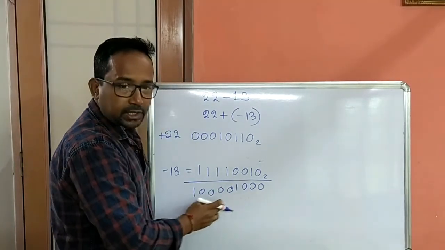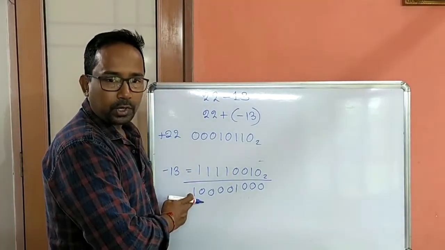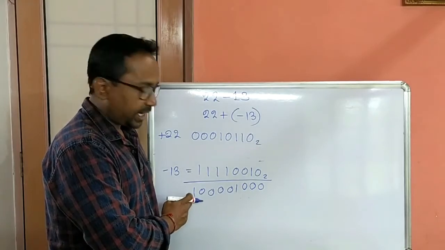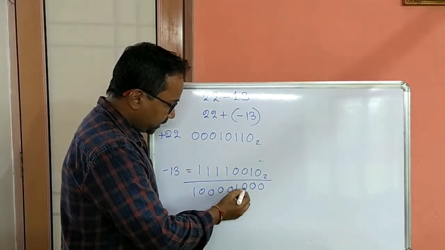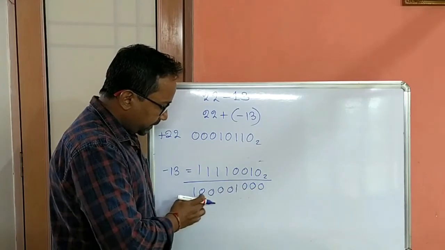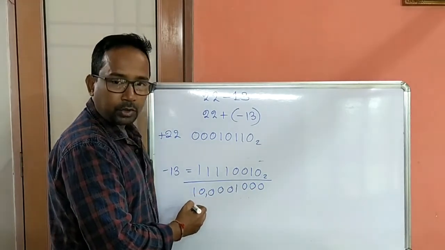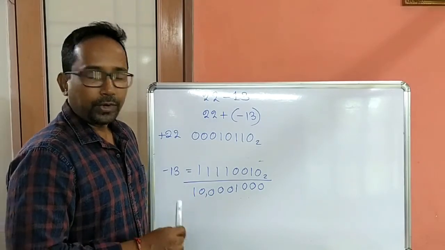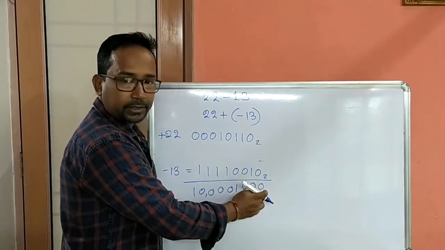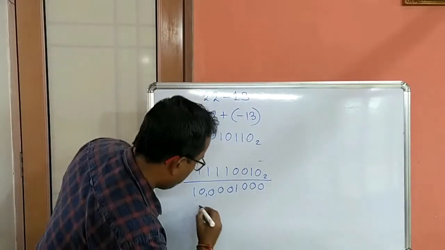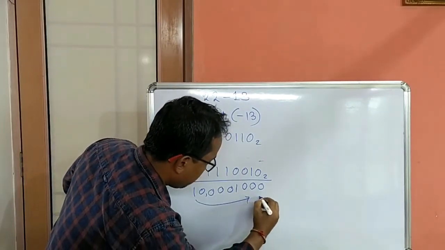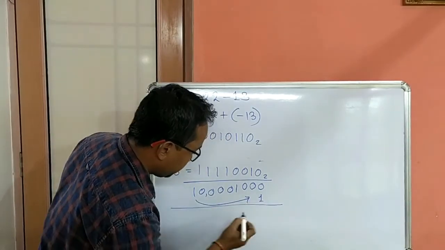Now see, in this number there is an overflow. Note the extra bit is beyond the sign bit. 1, 2, 3, 4, 5, 6, 7, 8: this is the 8-bit representation, and this is the extra bit, before this sign bit 0. So what will we do? In the ones complement method, we have to add this 1 to the LSB to get the final result. So this 1 will come here to be added with this LSB.